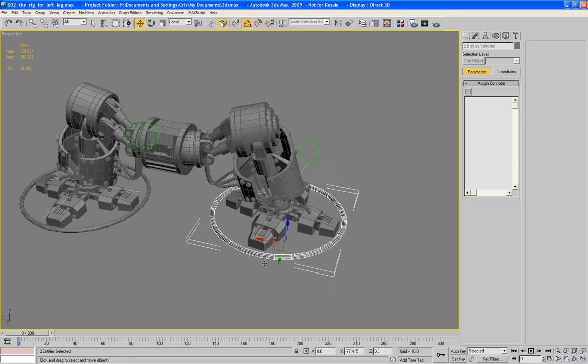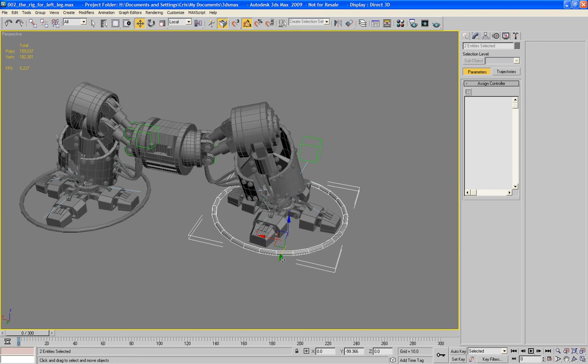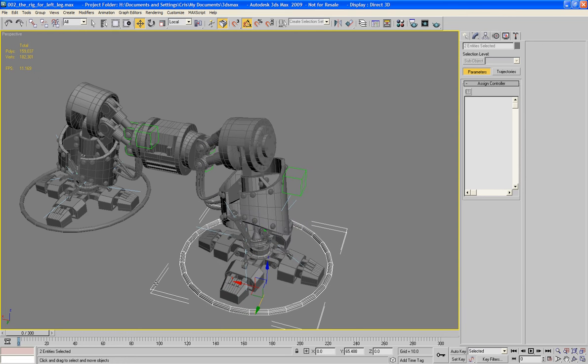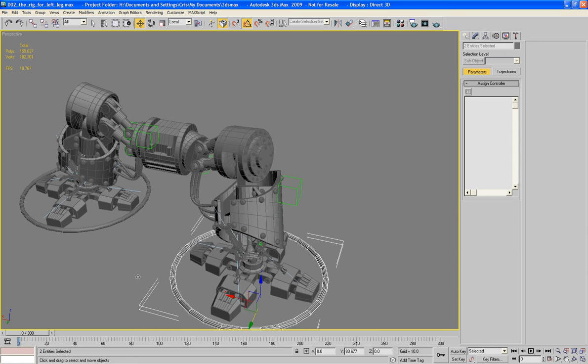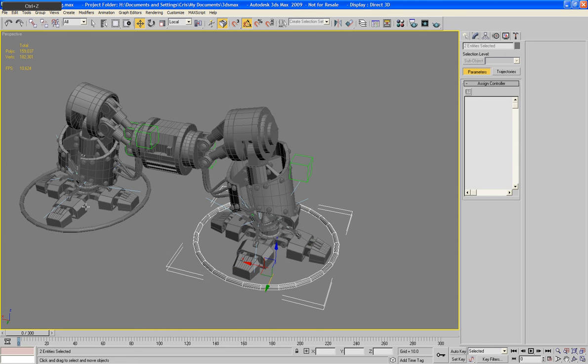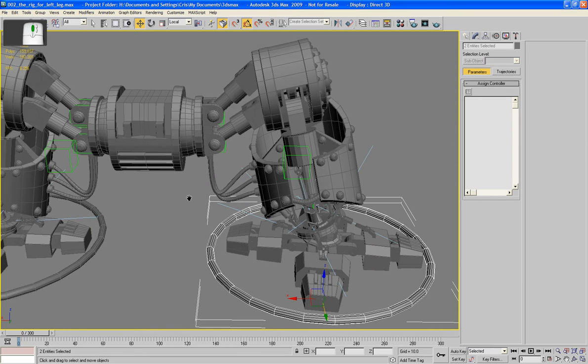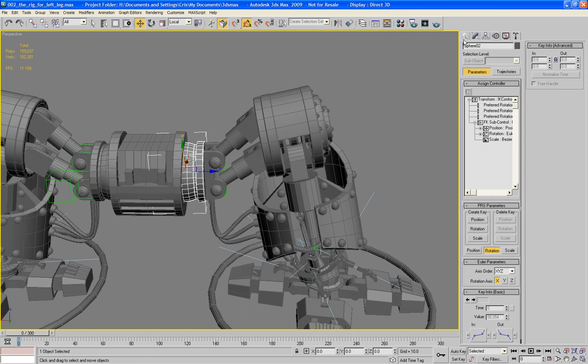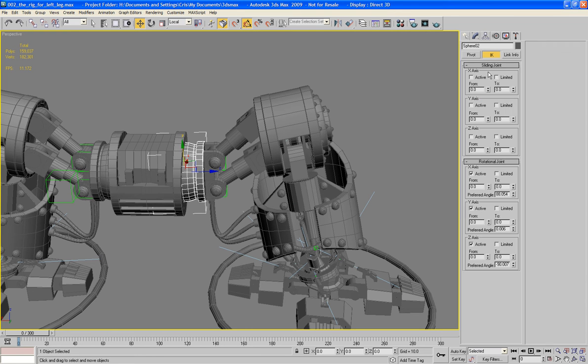Yeah, that's nice. I like that. Now we can limit this ball joint's movement, and by doing so we'll get more movement off the other pieces. So let's go over here to our IK, and if we make sure all three of these are active,